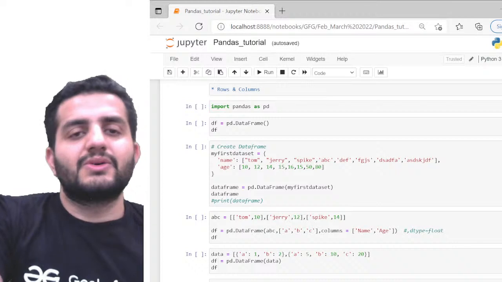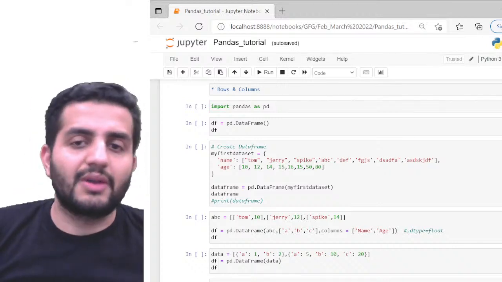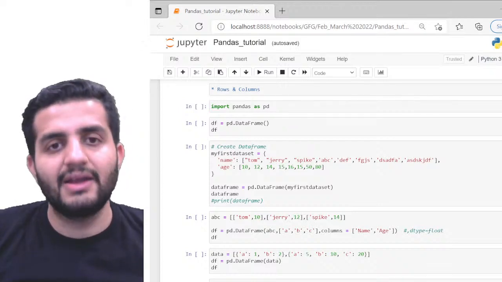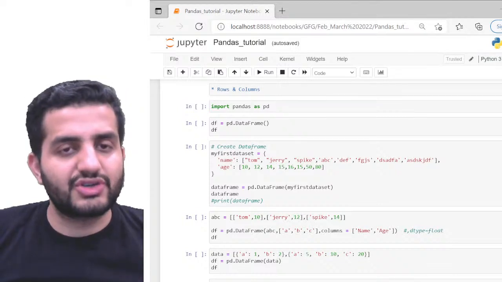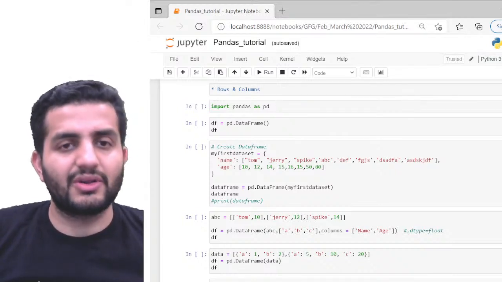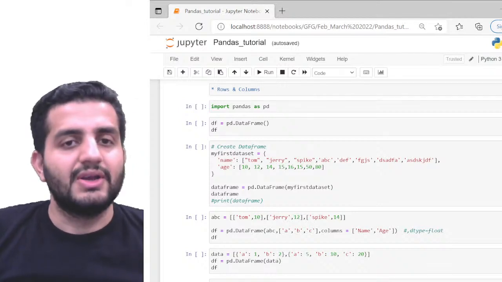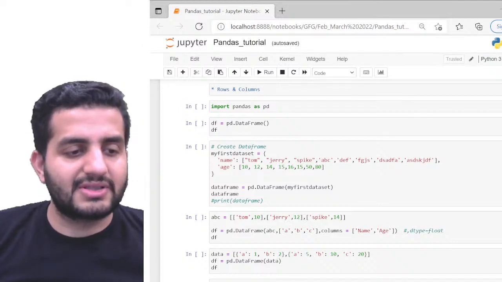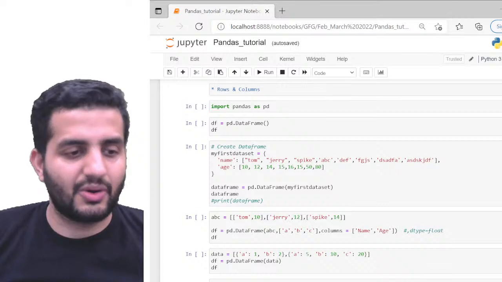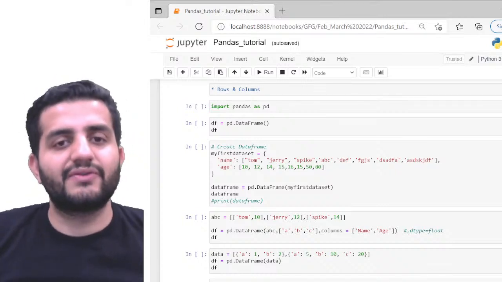Anyway, so what are data frames? Data frames are nothing but rows and columns. Just assume that you have a spreadsheet. In a spreadsheet we have rows and columns. We have a certain set of information or variables, the data, in terms of columns, and then we have the rows. That's what a data frame is. It's just like an Excel sheet in Python. In pandas, we call this a data frame. So we have the feature of rows and columns.